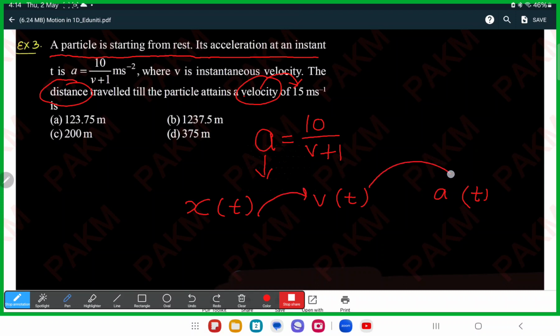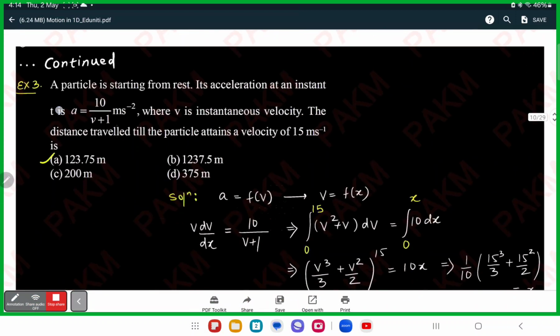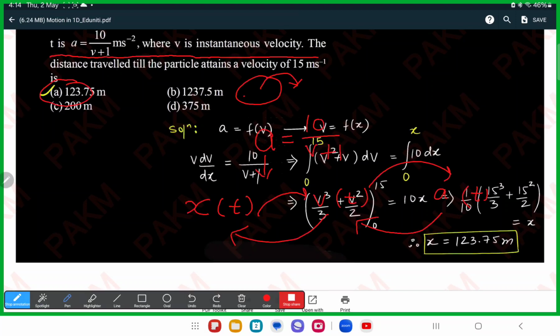So the basic chronology is acceleration, velocity, and if acceleration is given and we have to calculate the displacement, these are the few sequences that you had better remember. Now let's quickly see. Now we have been given acceleration